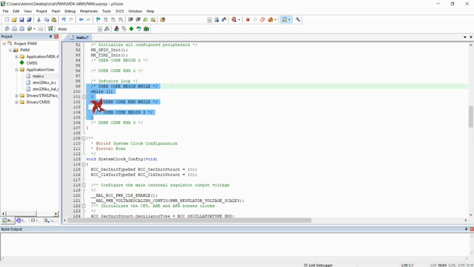And inside the while(1), what I am going to do is I am just going to write a logic for varying the duty cycle of the PWM wave from 10% to 100%, and again I am just going to repeat the process so that the LED that is available in my development board will be varying its brightness from minimum to maximum, and the process continues.